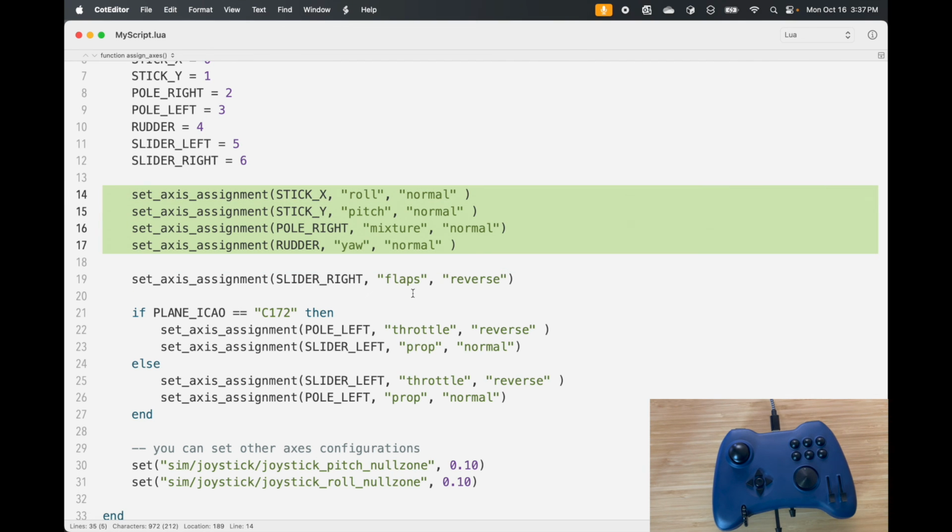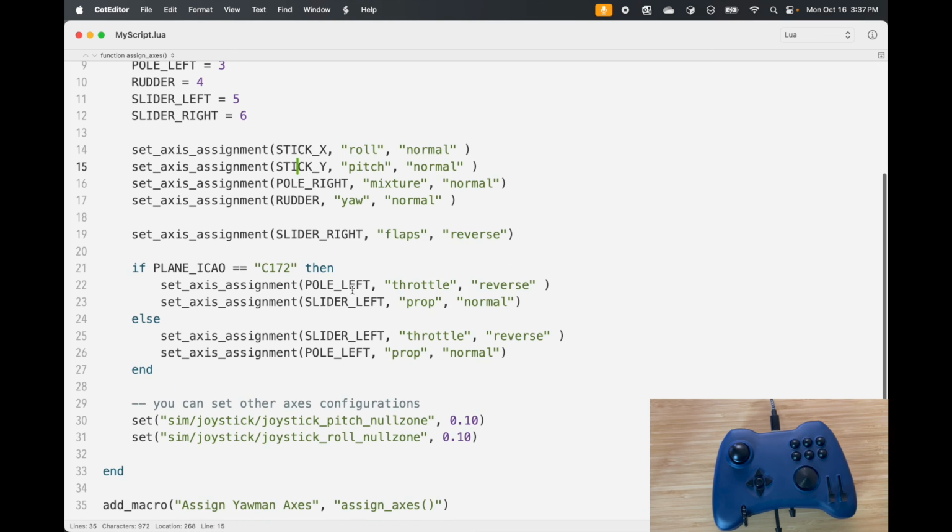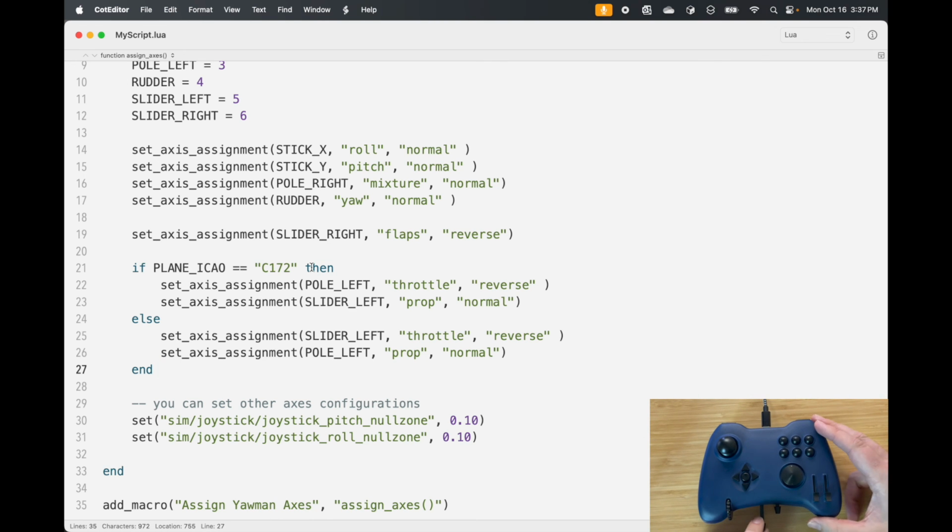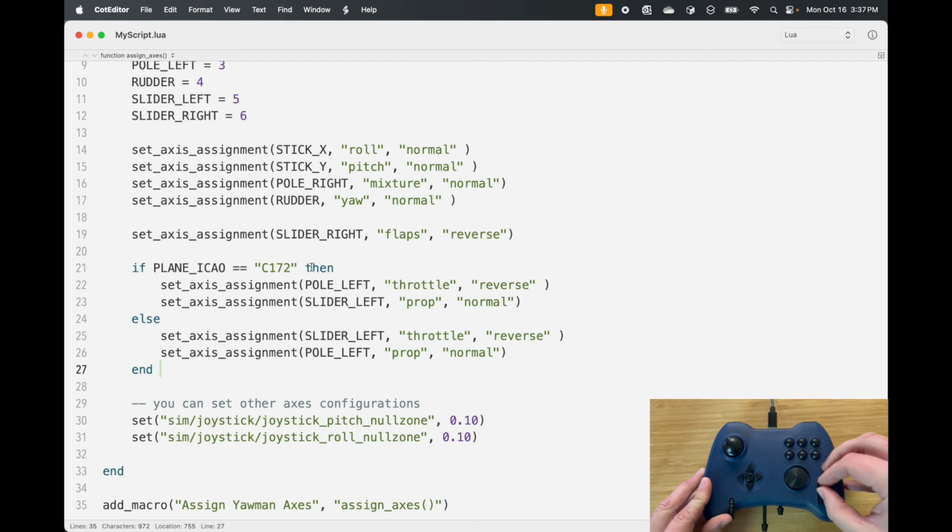And I will set each of those axes accordingly based on those indices. And I can also conditionally set axes. So for example, if I'm using a Cessna 172, I want to map the throttle to this left pole. But if it's any other aircraft, I want to map it to this slider at the top. So if I go back to my flight sim,